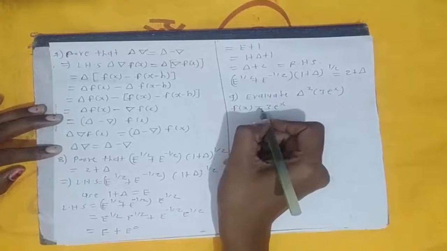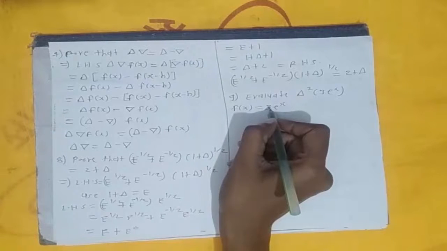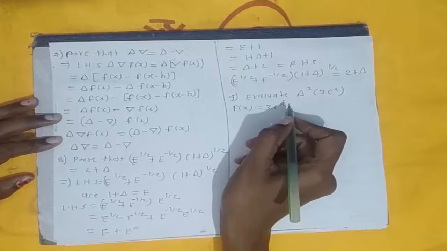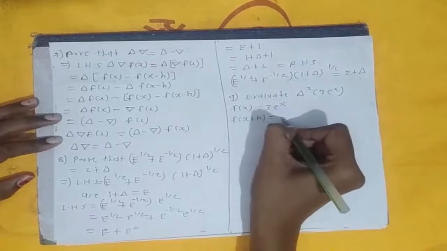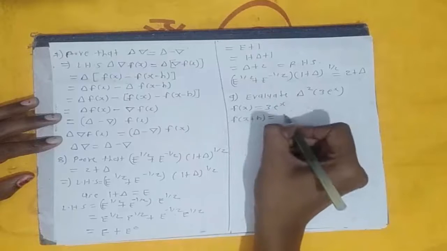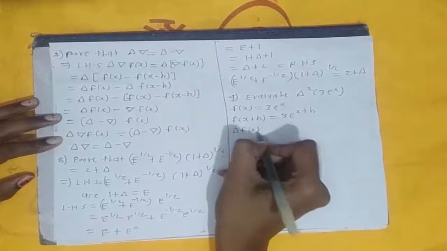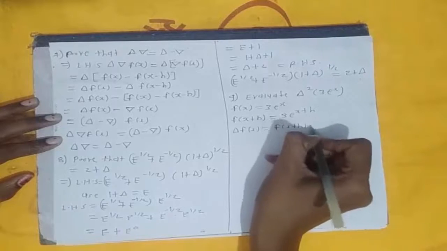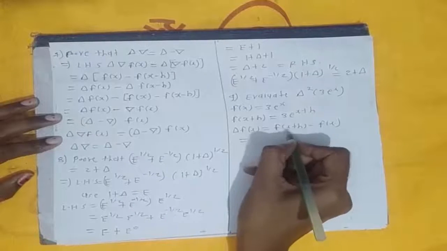Then if we have to find the forward difference for the function, we also have to find the value of the function at the next point by the difference h, or by the given difference. Here we can take the difference as h, then at the next point we get the value f of x plus h, so f of x plus h will be 3 e raised to x plus h. Then delta f of x, by using the definition of forward difference, we know that f of x plus h minus f of x,